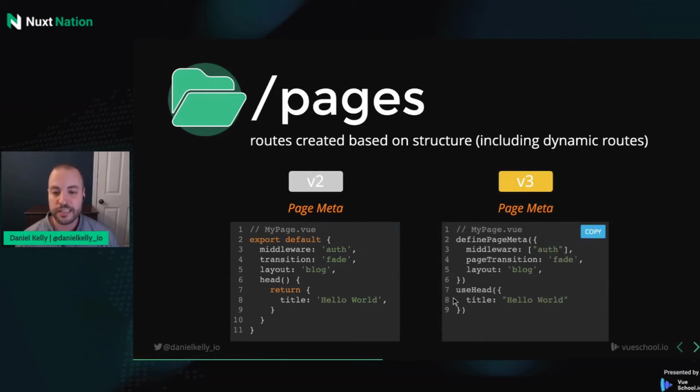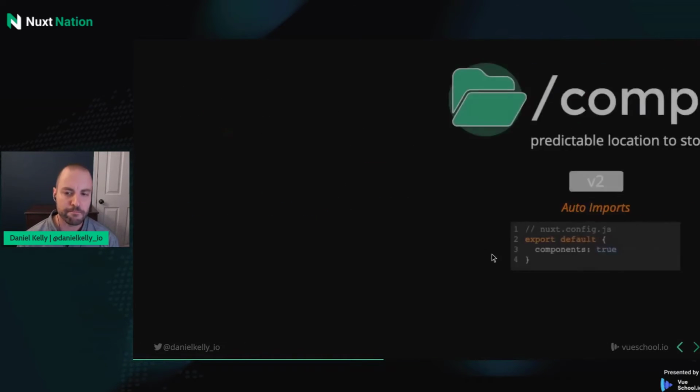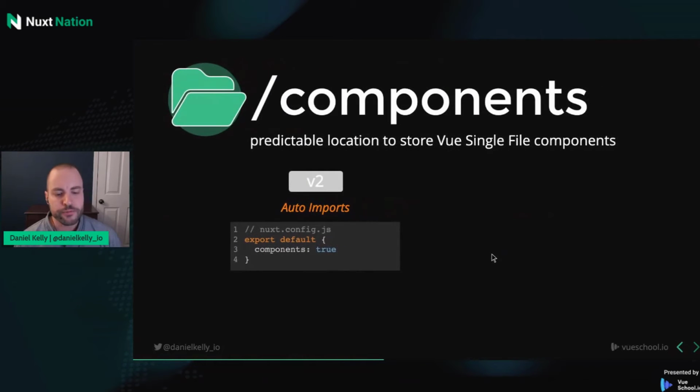Now in Nuxt 3, we use a definePageMeta macro instead. And then for all of your head data, you use the useHead composable. All right. It's a fairly one-to-one conversion there, but you just need to know that the syntax looks a little different. All right, so now let's take a look at the components